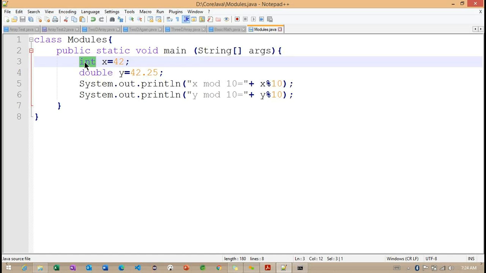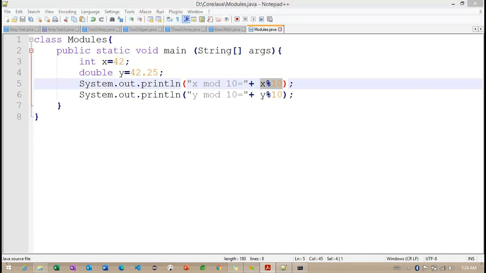So we need to declare what's working here. Any questions regarding this modulus operator?